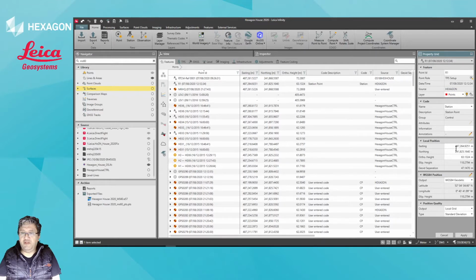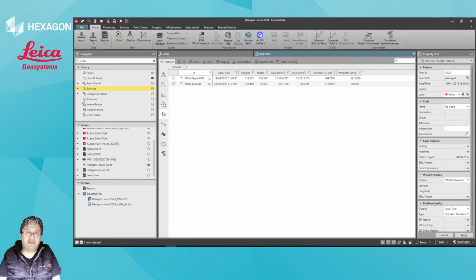So for example, I could edit the position of this point, I could edit the layer where it sits, and I could edit the information which is assigned to it. So different objects will provide you different properties. So if I interrogate now a surface object,